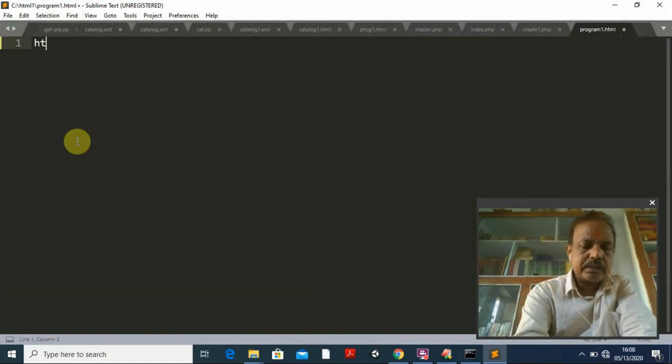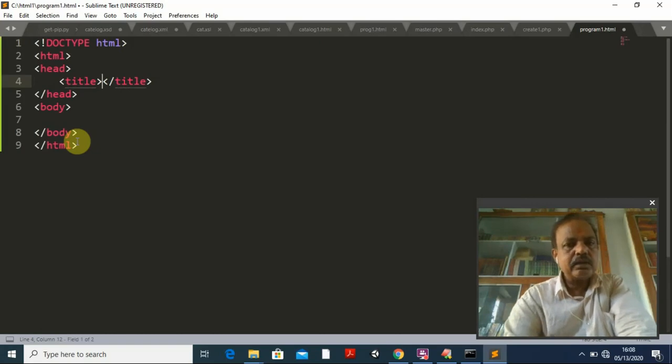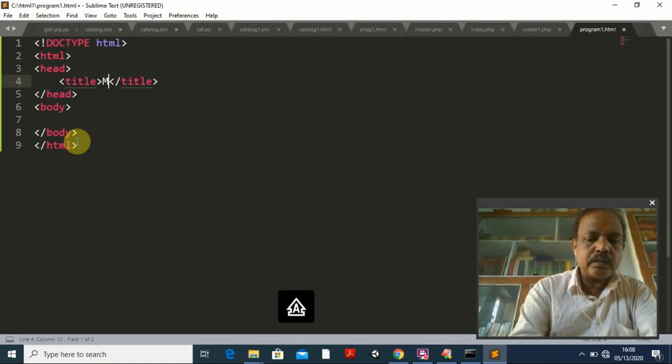Just type HTML and press Tab. You can see the same code is automatically written in the template. For the title you write "My first program".